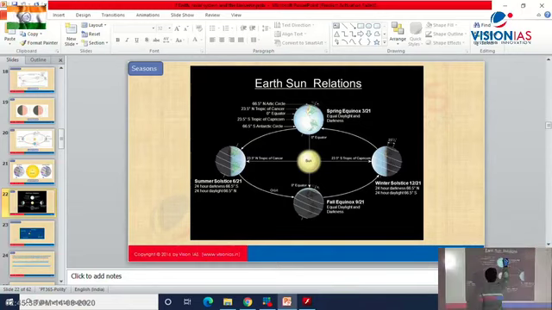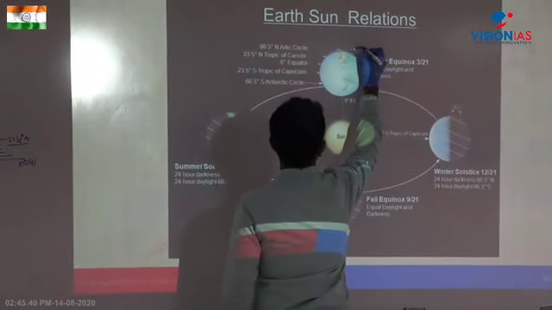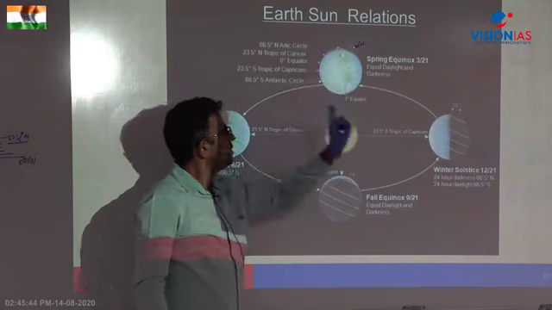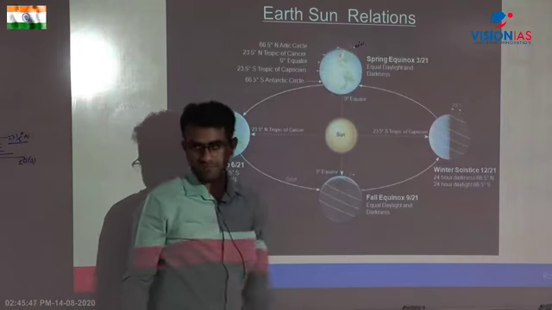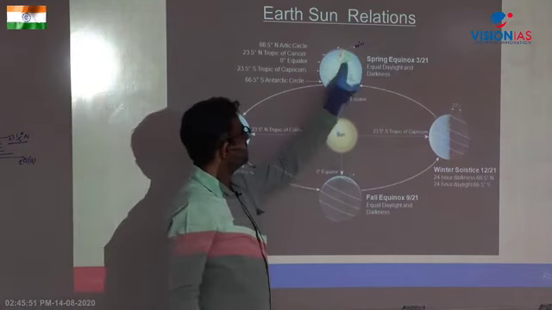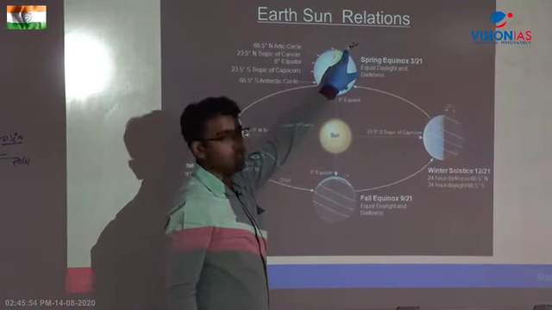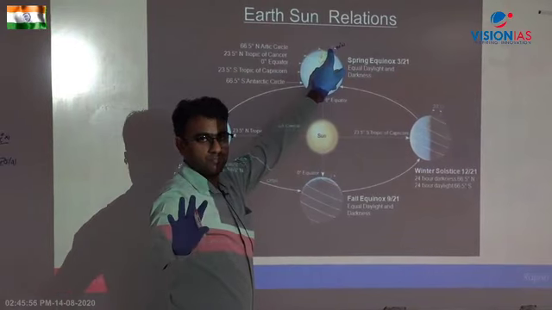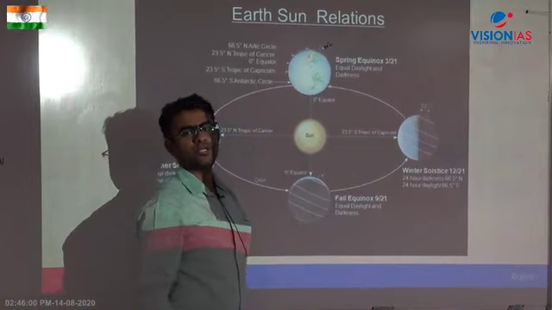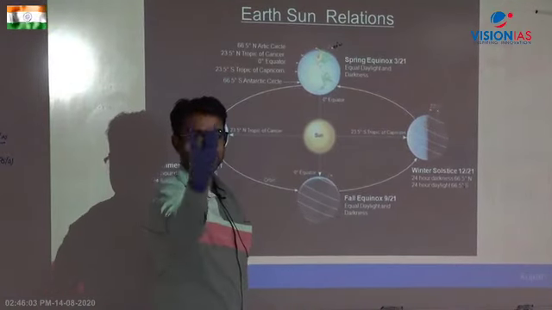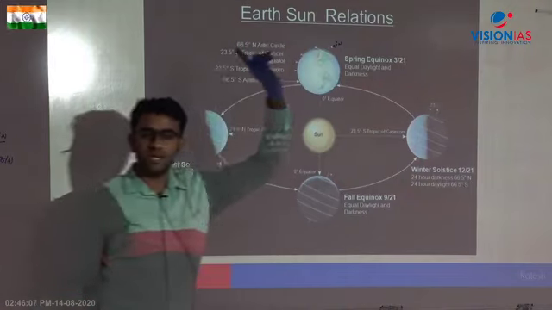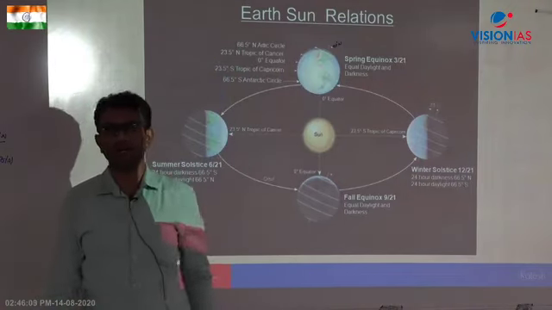Suppose you are standing exactly in the north pole, 90 degrees north, on 21st of March. On 21st of March, sunlight is reaching up to north pole, 90 degrees. But if you are standing exactly in the north pole, the point is stationary with one complete rotation. So basically at this point, you will receive the sunlight even after one complete rotation,